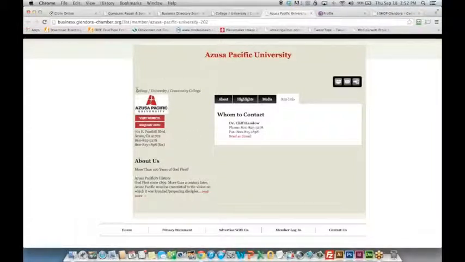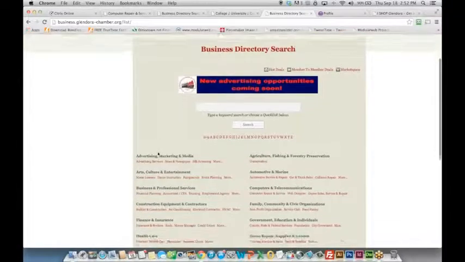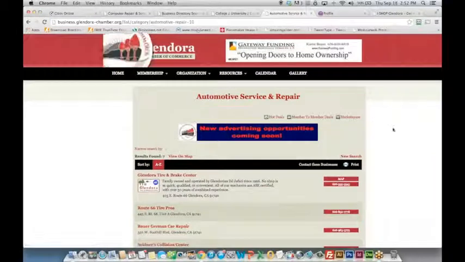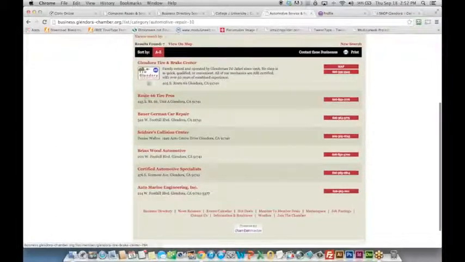But the enhanced listing has an additional charge of $75 per year. So just 75 bucks, and you get a lot more traction, a lot more bells and whistles. Another good thing about it, let's look at automotive, for example. You have an enhanced listing and you're in automotive, like Glendora Tire and Brake. They're a President's Circle member here, so they have the enhanced listing. This is supposed to be in alphabetical order,